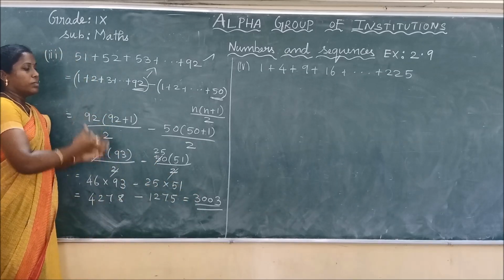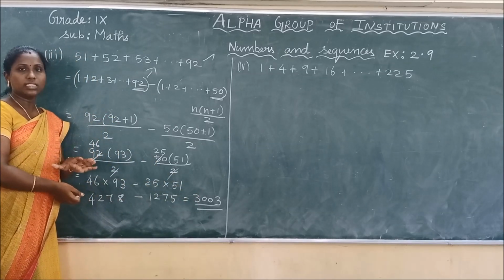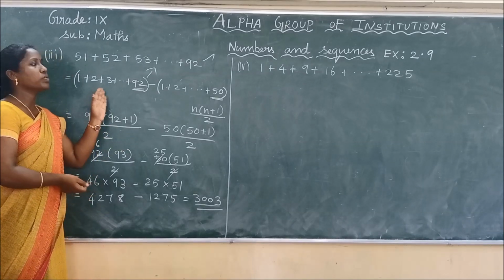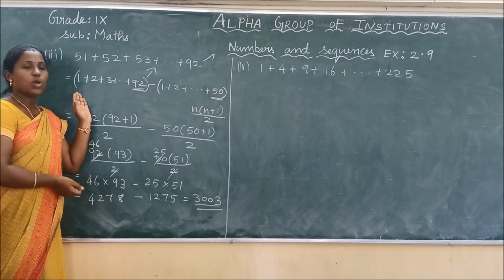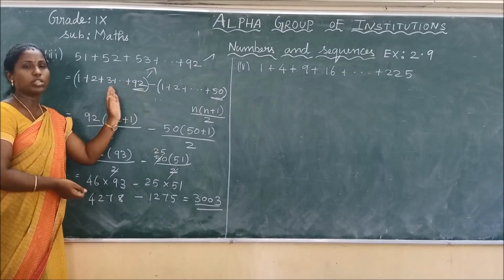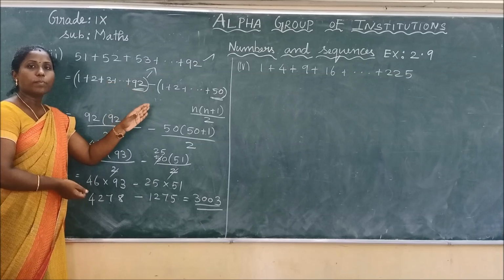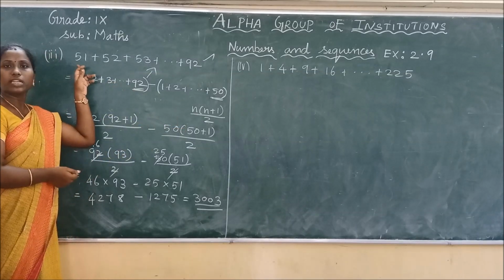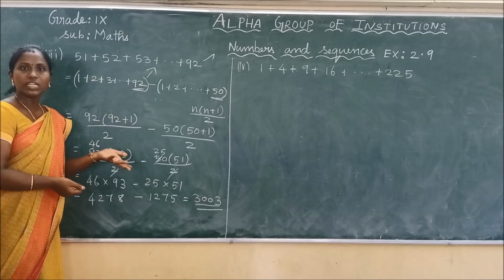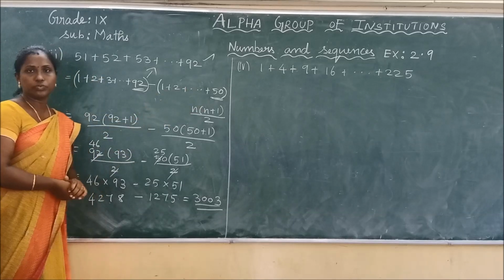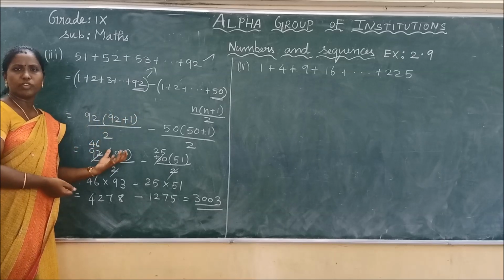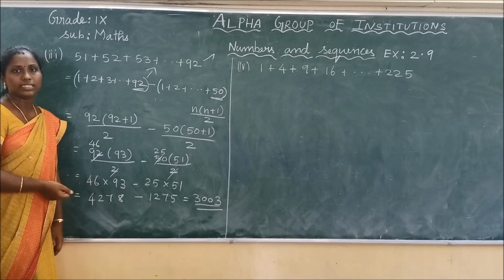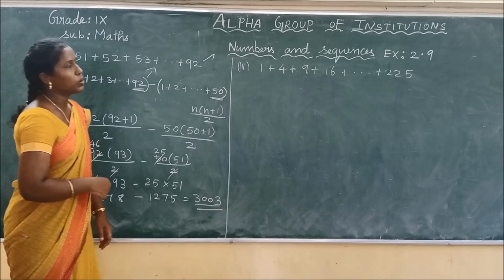So be clear with this. Whatever the series is, if it is given from the middle of continuous natural numbers, you have to use this clue only. You take 1 to the last number given in the question and subtract the series which is not given. For example, here it starts from 51, so up to 50 is not there, so I am subtracting 1 to 50. Then again the same formula for both series. I am just subtracting the values and getting the given series answer. Okay, let us see the next problem, children.